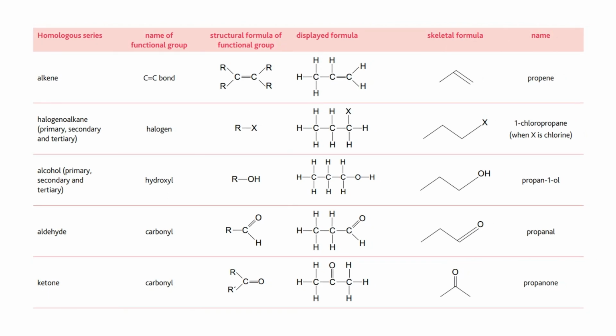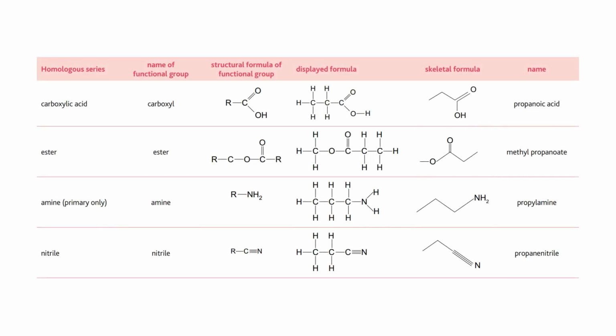First, have a look at the list of homologous series included in the A-level chemistry syllabus, where the series alkane, alkene, halogenoalkane, alcohols, carboxylic acids, and esters are included in O-level and IGCSE syllabi too. The table shows the name of the homologous series, functional group, structural formula, displayed formula, skeletal formula, and name of the compound. The third column from the left shows the structural formula of the functional group that gives the general